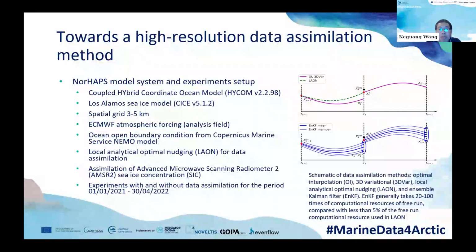So that's the main problem, I think, or a technical question that remains here. How reliable or accurate is this method, and is it possible to be better in some future time, to be incorporated into Copernicus Marine Service some day? So for this purpose, we applied this method to assimilate this Advanced Microwave Scanning Radiometer, AMSR2, sea ice concentration, and gave some